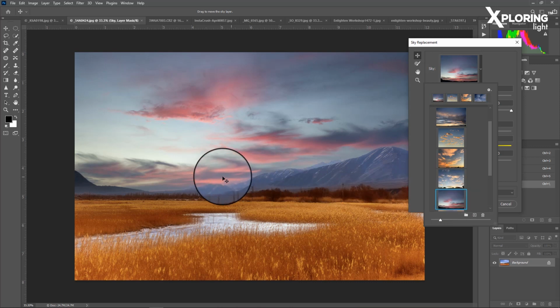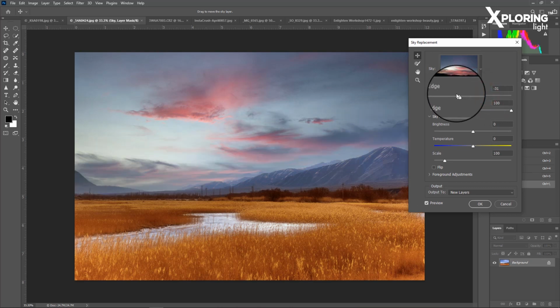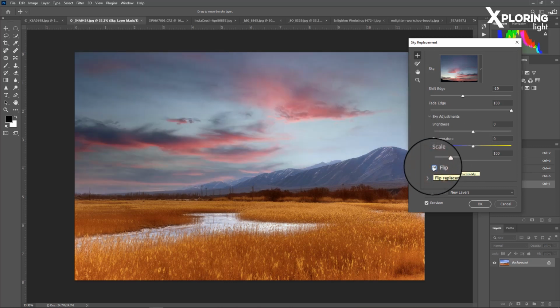If you feel that it is overlapping, or the edges are coming onto the sky, onto the hills, I can actually shift the edge. You see, I will move this slider and I can shift the edge. I can move it and adjust it accordingly to make it more real. If you feel that the light is not coming in the same direction, I can always flip it. So, a lot of options are there.